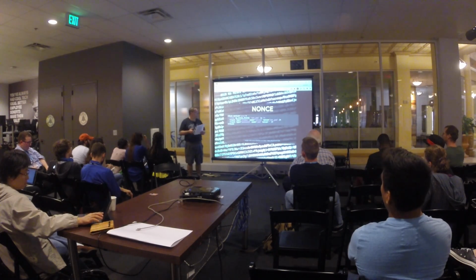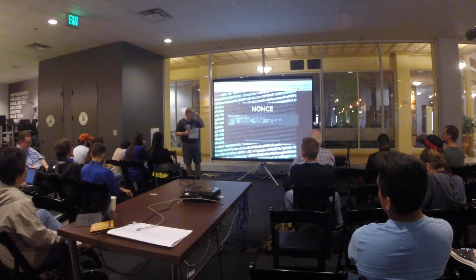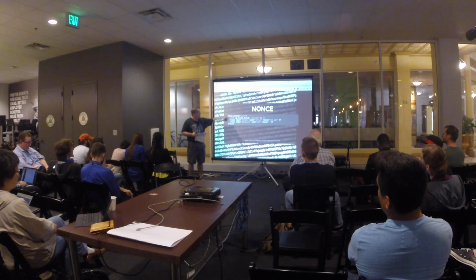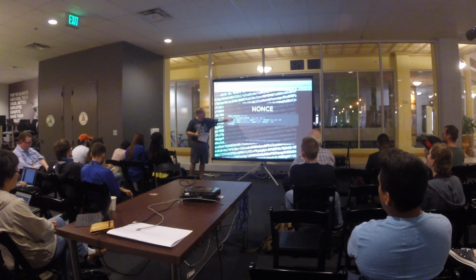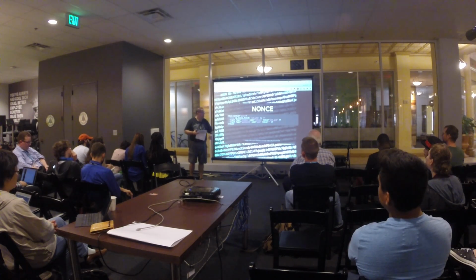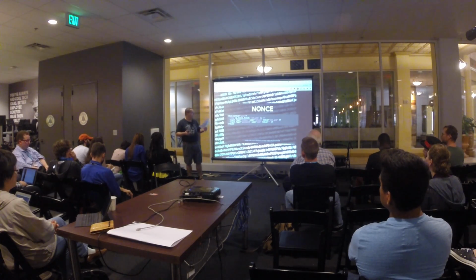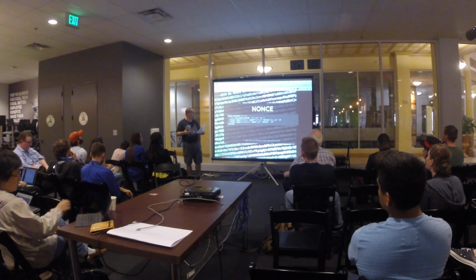So using the nonce is pretty simple. In our same form, you can see that we're using a bit of PHP here to use the function wp_nonce_field. And then set password is the arbitrary string we're giving it, basically as a seed for the hash that it generates. And that's going to output a couple of extra hidden fields into our form that we can use in a few minutes to validate it.